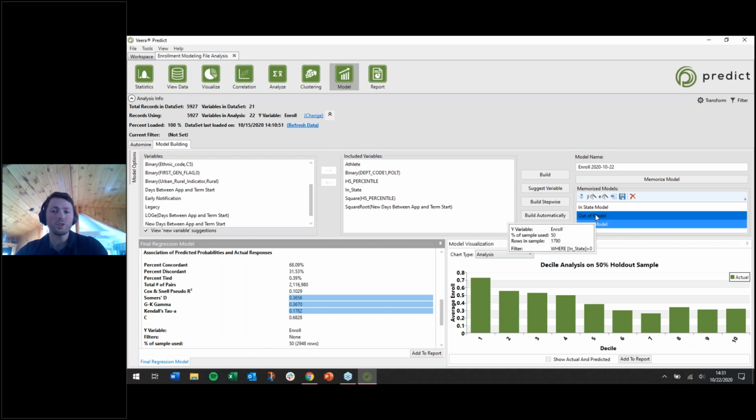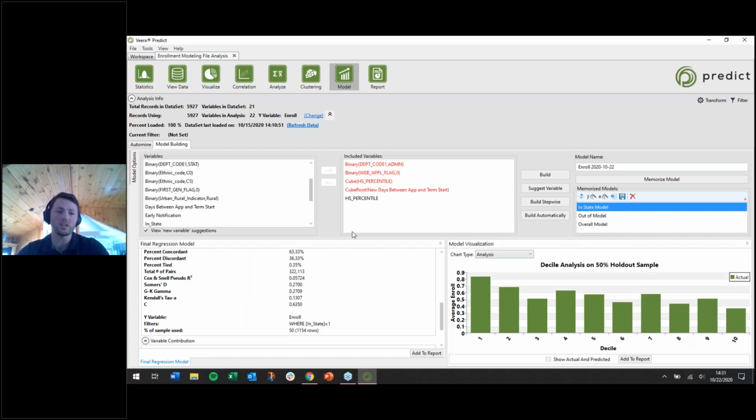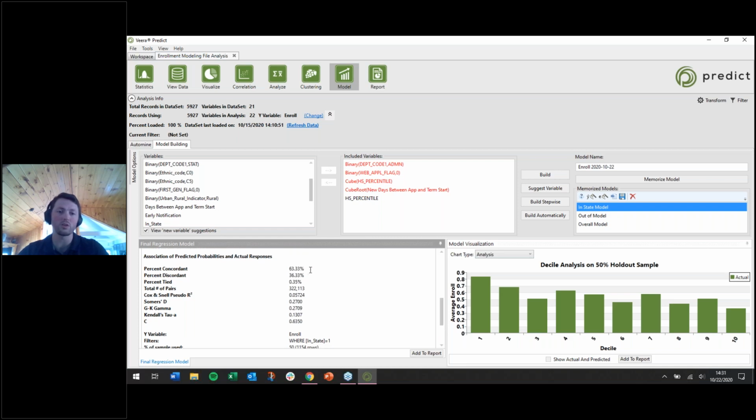And when we do that, if I open up the in-state model and I take a look at the percent concordance, I would advocate also looking at the variables that entered into the model, but for present purposes, I'm mostly concerned about this percent concordance as a shorthand. And I see that it is not as strong, that it predicts it's 5% less concordant essentially. And there remains some chance whenever you're building a model for in-state students and out-of-state students, what can sometimes happen is that it's way better for the out-of-state students, even if it's slightly worse for the in-state students. Hopefully that makes sense. I don't want to assume that everybody's tracking exactly along with my reasoning there,